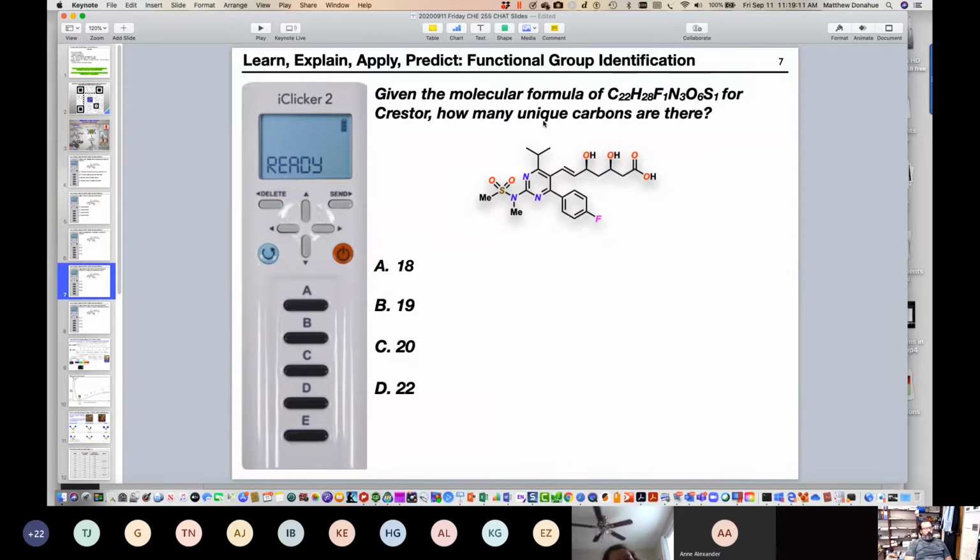And so another way of phrasing that, if they were all different carbon atoms, then you would have 22 different carbon atoms. But there is not. So the answer is it's not D. The reason why it's not D is because there's symmetry, which renders some of the carbons the same. So the number decreases from 22.